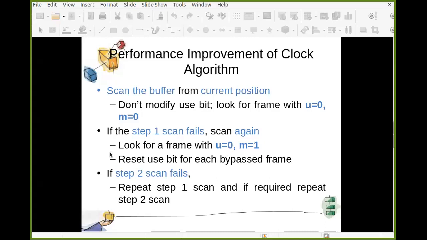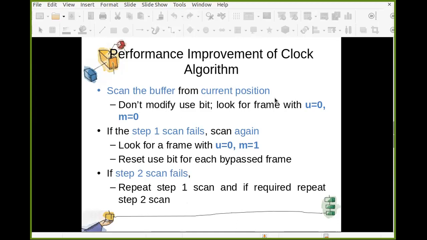Now, in the second step, as you move forward, you are also resetting the use bit. If U equal to 1 for that frame, you change it to 0, and try to find a frame with these two values. By chance, if the second scan fails, then repeat step 1 and try to find U equal to 0, M equal to 0.